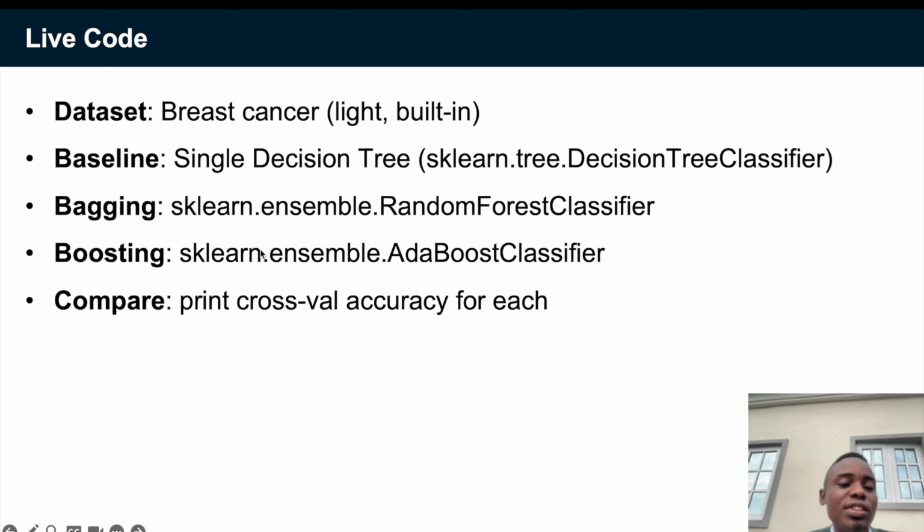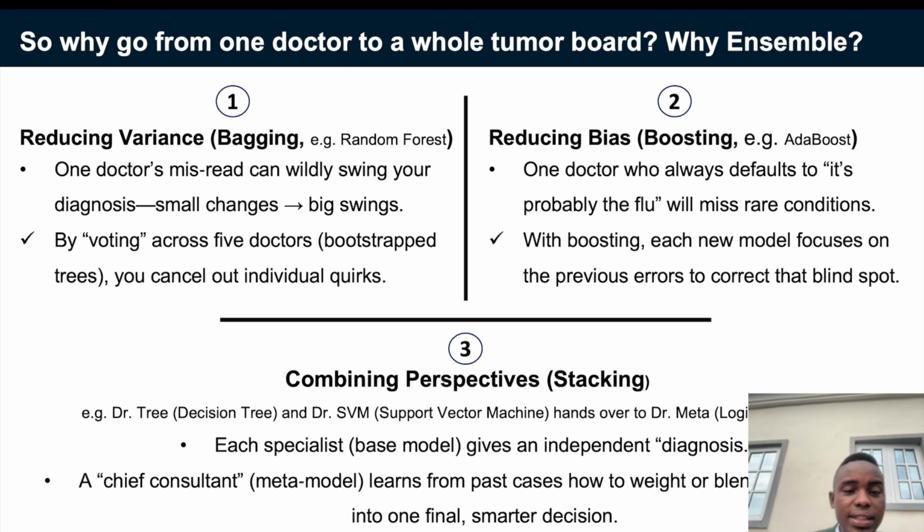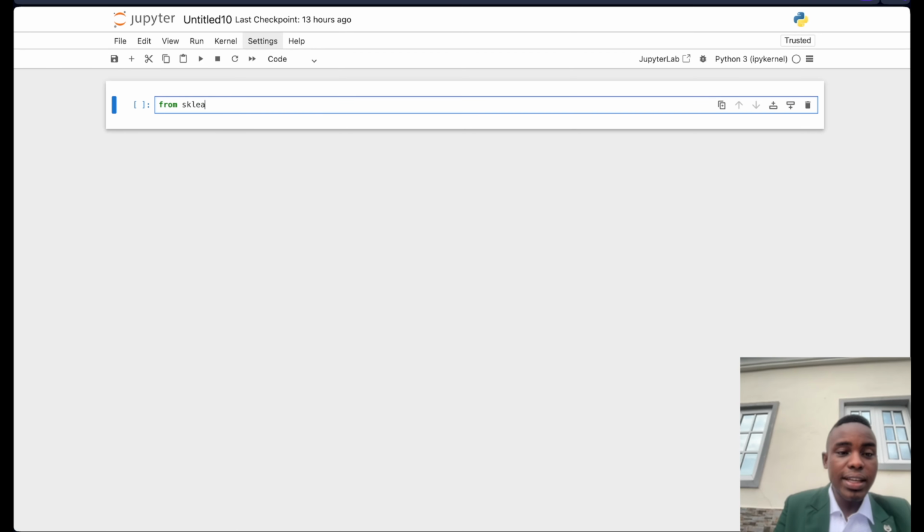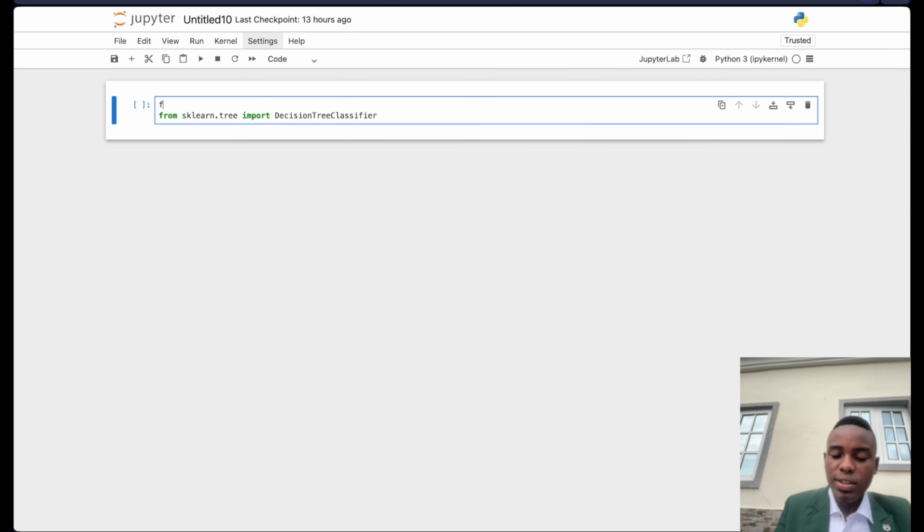So all the models we are using, you can actually import them from sklearn. I believe before now we already have sklearn installed on our laptops, so we just leverage sklearn to do whatever we need to do. And at the end, we print the cross validation score accuracy for each. Now let's delve into this. From sklearn.tree import DecisionTreeClassifier. Now before then, let's import from sklearn